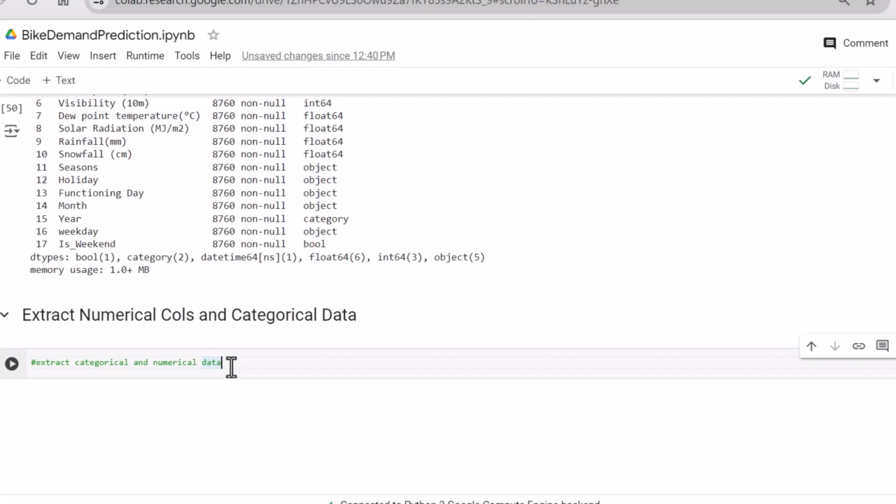So for now, we are at the end of data wrangling, and it's time to extract categorical and numerical variables identified from the list of columns, and that we can do with the help of select data type. Let's see. So in df, we will do select_dtypes, and to this we will pass include equal to the data types we want to include. We have primarily two in mind. One is object, and the other is category. And let's see